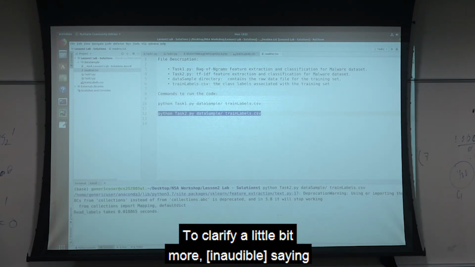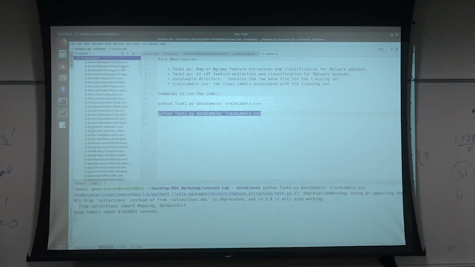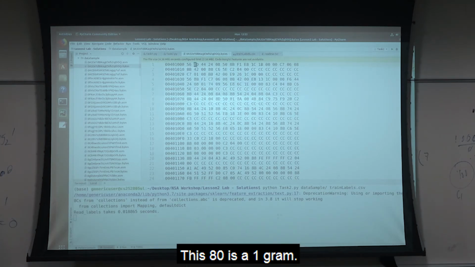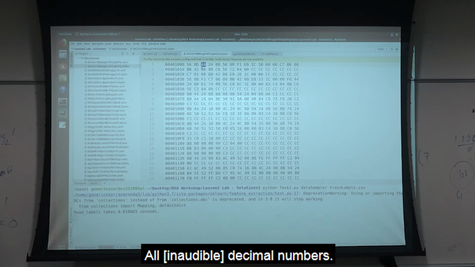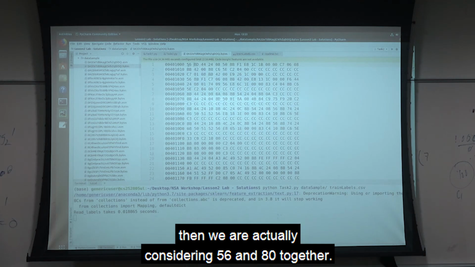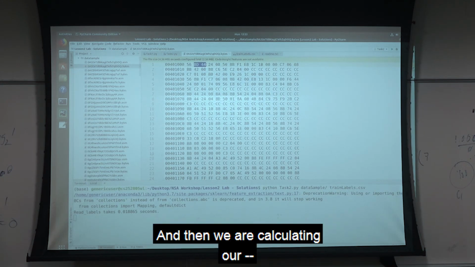To clarify a little bit more, when we say we are taking bigrams and 1-grams, for 1-grams we are considering, for example, 56 as a 1-gram, 8D as a 1-gram, 44 as a 1-gram, all specified as hexadecimal numbers. But when we say we are considering bigrams, then we are actually considering 56 and 8D together, 8D and 44 together, and then we are calculating our